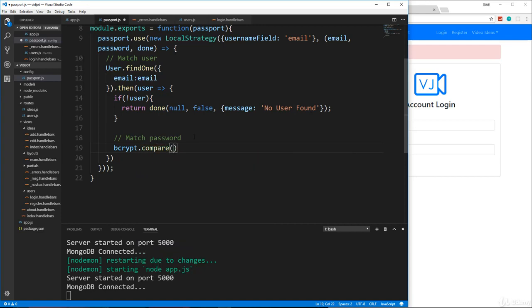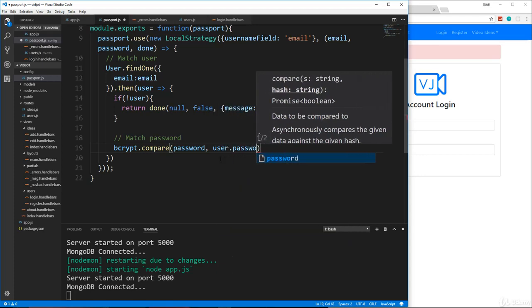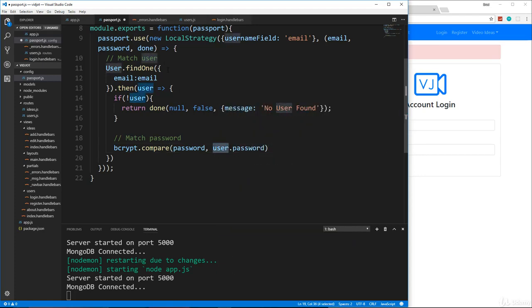Okay, this is going to get passed in password, which is our unencrypted password that's coming from the form. And then we also want the encrypted password, which we can get from user.password. Now this user right here is coming from here. Okay, if it found a user, then it has the password attached to it, which is encrypted. So what it's going to do is compare the non-hashed password to the hashed password. Okay, and then it takes in a callback,